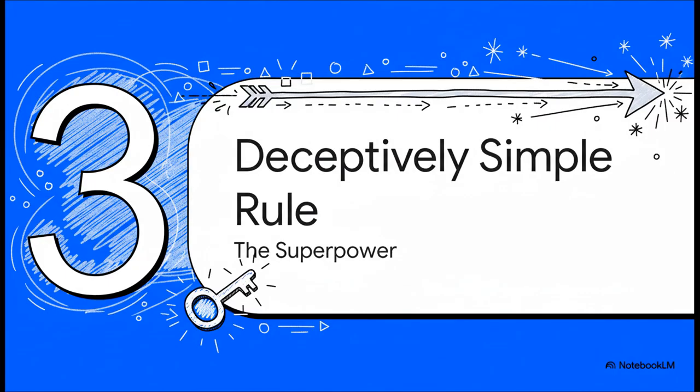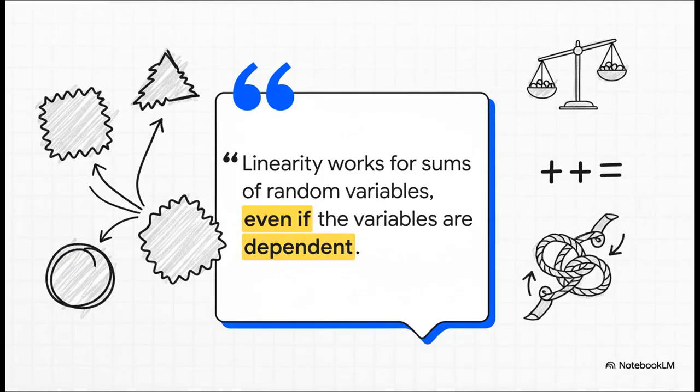Okay, now this is where things get really interesting. Expected value has this one property that is so incredibly powerful, it honestly feels like a cheat code for solving some ridiculously hard problems. It's called the linearity of expectation. And this quote from the source material absolutely nails why it's such a big deal. It says linearity works for combinations of random variables, even if they're dependent. That's the magic right there. It means we can take a huge, messy, complicated problem, break it down into tiny, easy-to-solve pieces, calculate the expectation for each little piece, and then just add them up. And it works even if all the pieces are tangled up and affecting each other. That is a game changer.